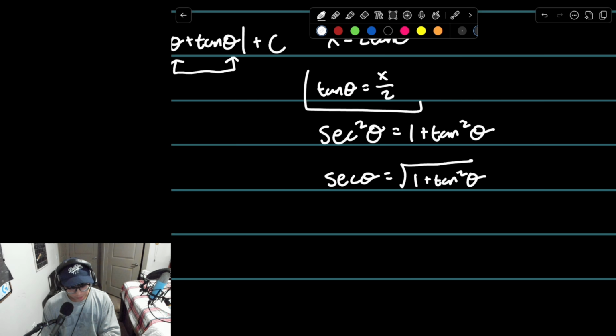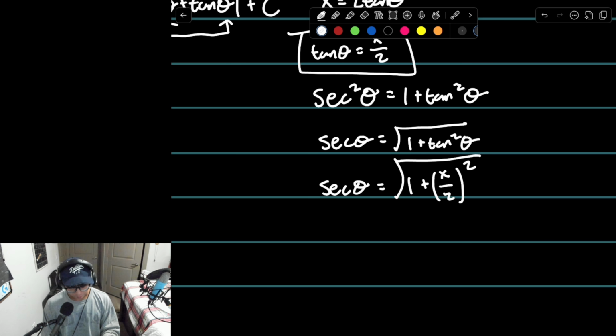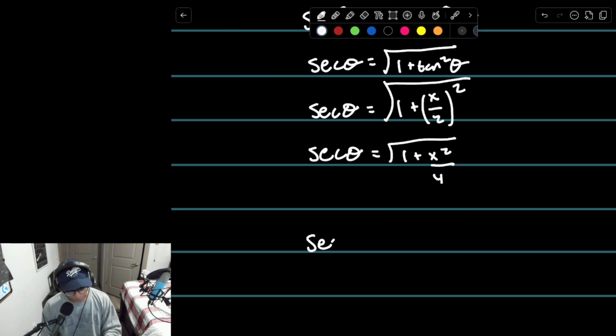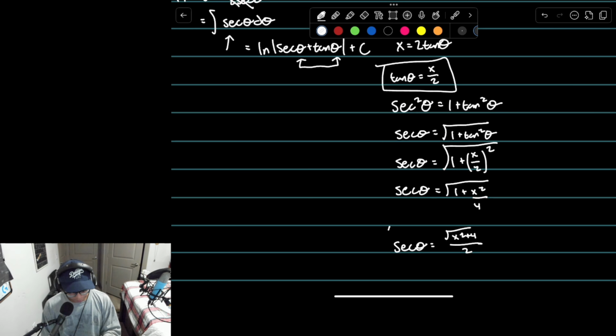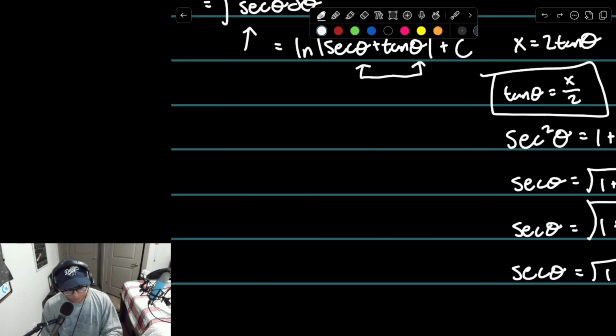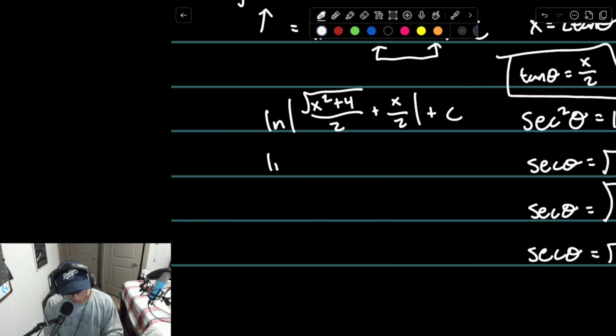Now over here, we know what our tangent equals. It's x over 2, so we could just plug that in over here, which when we simplify gets us secant theta equals the square root of 1 plus x squared over 4, which we can simplify even more into the square root of x squared plus 4 over 2. And now that we know both our secant of theta and our tangent of theta over here, we can just plug in, which gets us ln of the square root of x squared plus 4 over 2 plus x over 2 plus c, which we can simplify even further to the square root of x squared plus 4 plus x, all over 2,